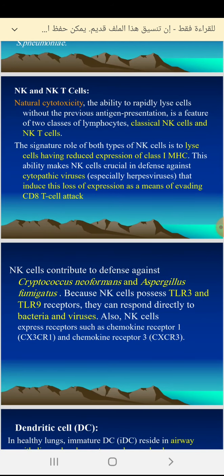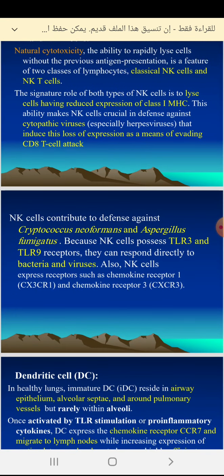Natural killer cells and natural killer T cells. Natural cytotoxicity, the ability to rapidly lyse cells without previous antigen presentation, is a feature of two classes of lymphocytes, classical natural killer cells and natural killer T cells. The signature